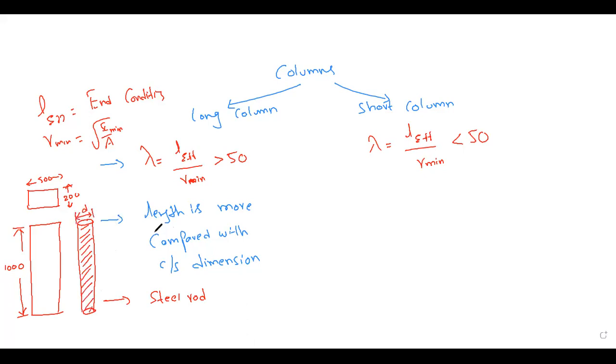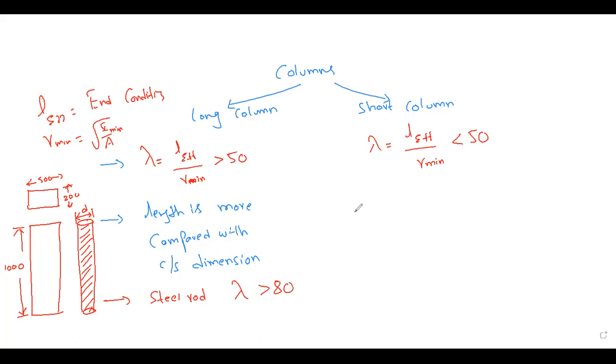Sir, when we construct a building, are all the columns used there long columns? All are long columns. Now I will tell you clearly what a short column is, so that it will be very clear to you. All columns which are used in our constructions are long columns. Here the steel rod, lambda is greater than 80. So this is also a long column, a long member.